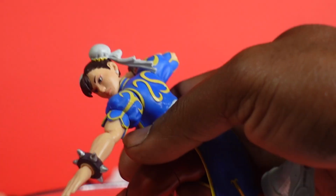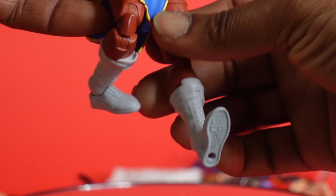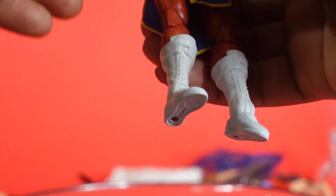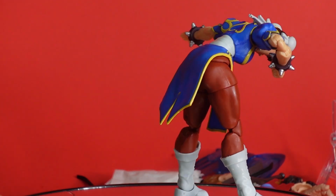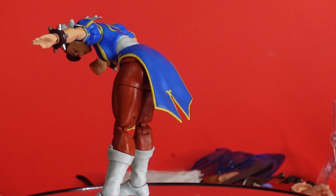Like, Chun-Li is awesome. Neck moves really great. Legs move great. I don't know, do they have drop down hips on these Jadas? I don't think they do, but it doesn't matter. Like I said, they have no ab crunch and they crunch better than any figure that I've ever really seen on the domestic market. SH figures can get busy too, but Jada, like I said, you just really have to have it in hand. I think sometimes people break them because it feels like there's no limit to the way they move. And to be honest with you, I mean, the way they built her body,